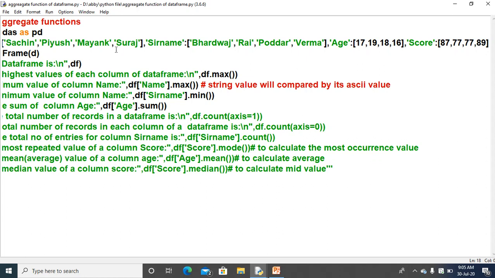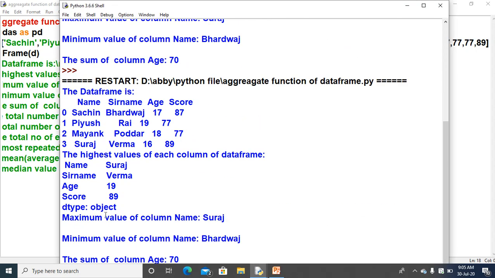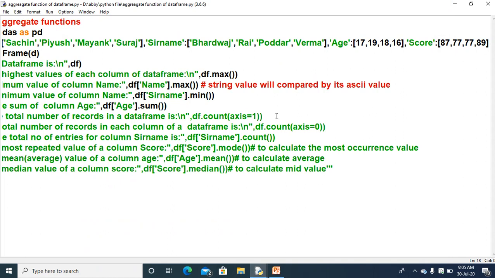So again it will return which one? Suraj. So let us see. The second output you need to see is the maximum value for the column name, which is Suraj. Okay, so this is the first output that I had discussed. This is the second one. And now the third, which I have used here as